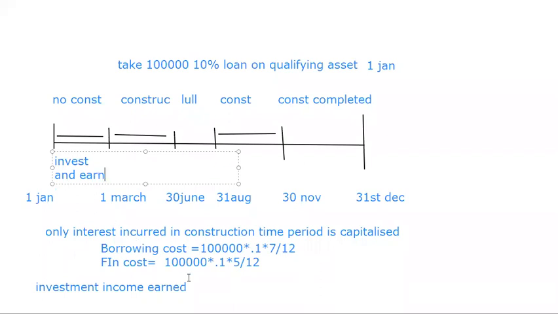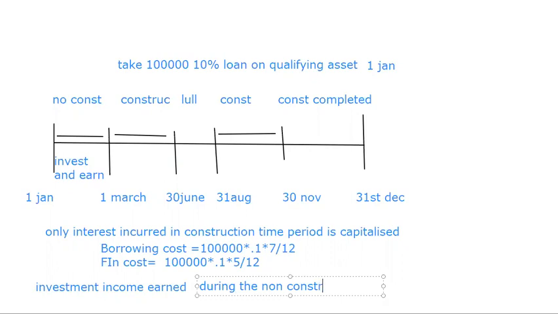Right? We invest and earn. Now, where will this investment income be shown? So investment income earned during the non-construction time period is reported as